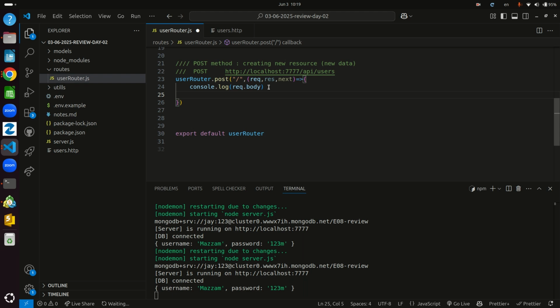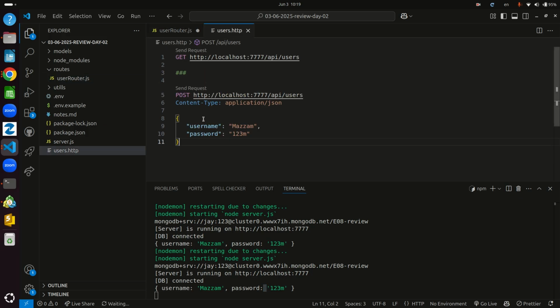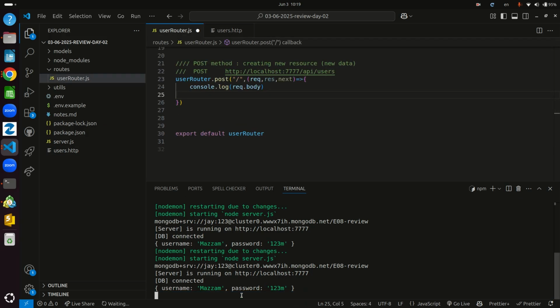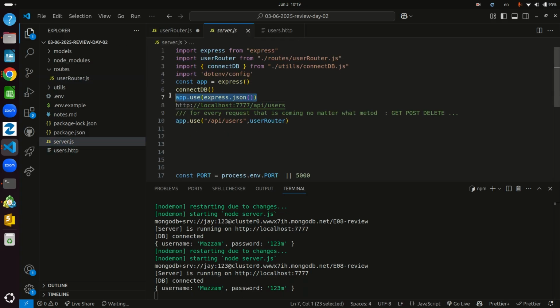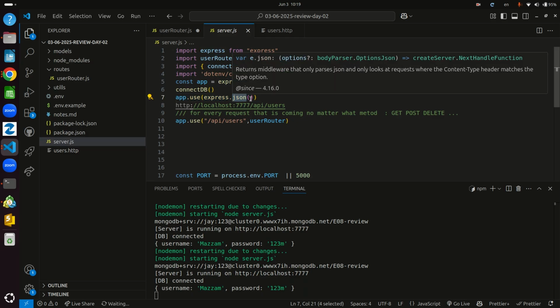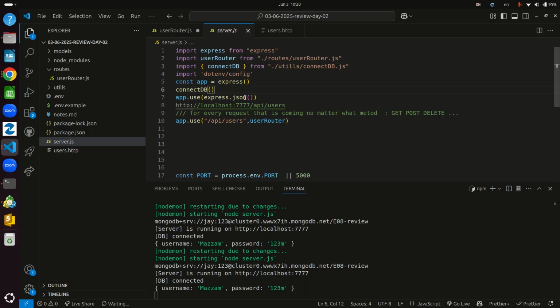Then let's do the job now. We want to get the req.body, which is this one, and you can see that it's already parsed back. It's not anymore a string. You can see that when we were sending that, it was a string, and it's not anymore. It's because of the middleware in the server.js, we talked about it. For every request that is coming, please, if there is req.body data inside, just parse it back to normal